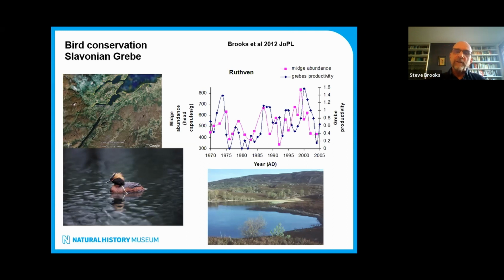So we took a sediment core from the lake and we sliced it very finely at quarter-centimetre intervals and got that dated, again using lead-210. And it showed that each quarter-centimetre slice was around 1 year. So I was able to compare on an annual basis the midge abundance with the grebe productivity. So the pink line here shows the concentration of larval midge head capsules per year against the grebe